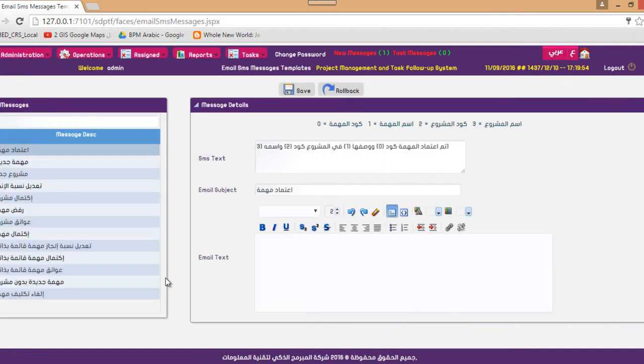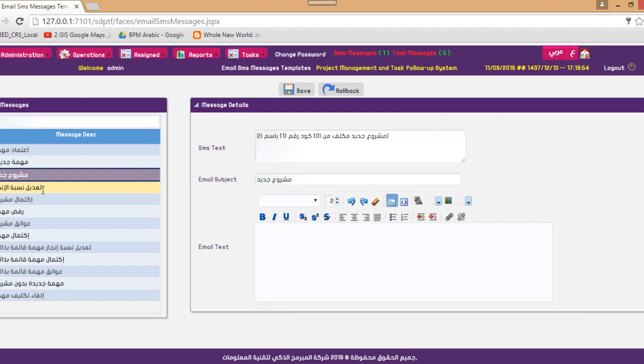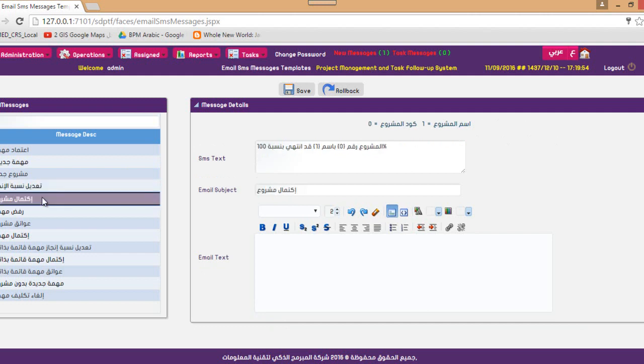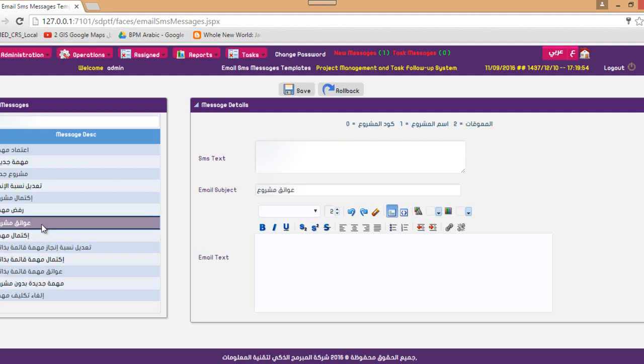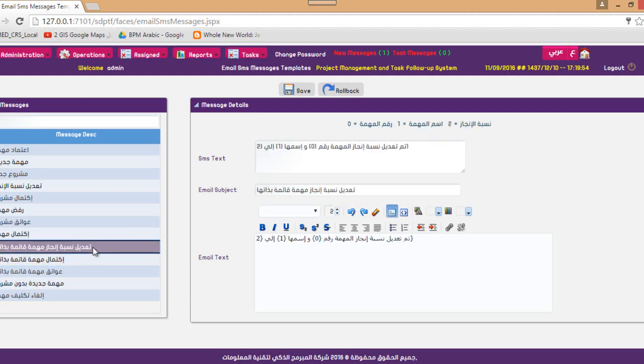For any action done in the system, there is a notification by email and SMS: for approving a task, for creating a new task, for creating a new project, for modifying the percentage completion of a project, for the completion of a project, for disapproving a task, for problems occurring in a project, for the completion of a task, and for modification of a percentage for a standalone task.